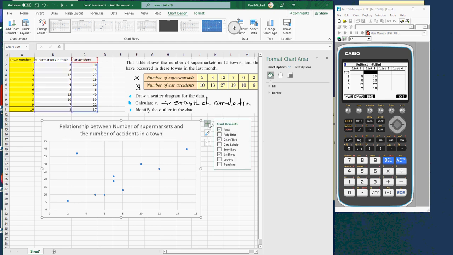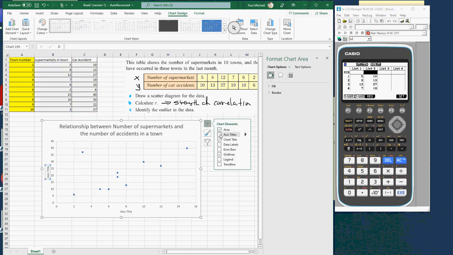I just click on this plus button and click on the axes. So my y-axis was the number of car accidents, and the x-axis was the number of supermarkets